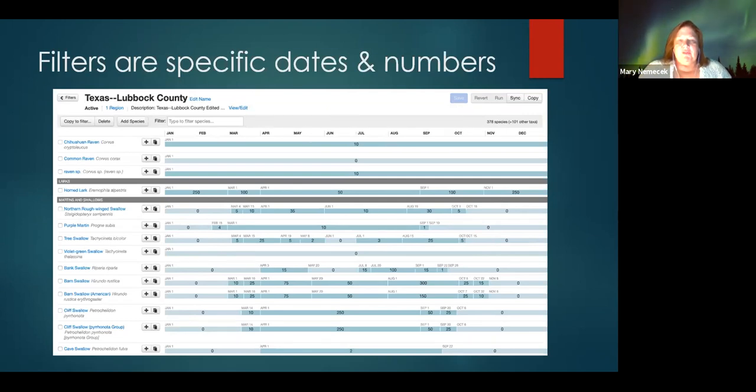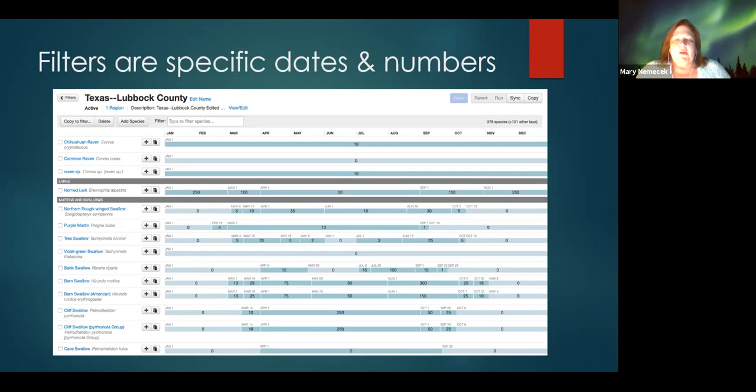But I wanted you to see, so you pick a filter area. So it may be a hot spot like Los Bluffs National Wildlife Refuge. It may be something like a county. And then you have to set the dates. And so not every bird knows that they're supposed to show up on the 5th of March. And so they may show up on the 4th of March, or they may show up on the 3rd of March, or they may show up in greater numbers that year than what we expect early on. So just because it trips the filter doesn't mean, oh my gosh, something is awry, but it does mean that this is a little bit unusual.